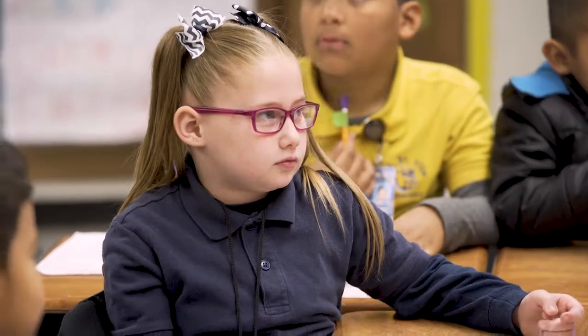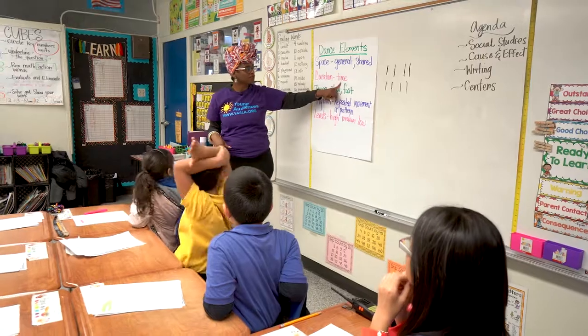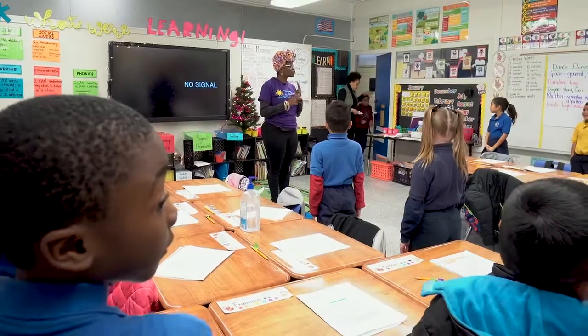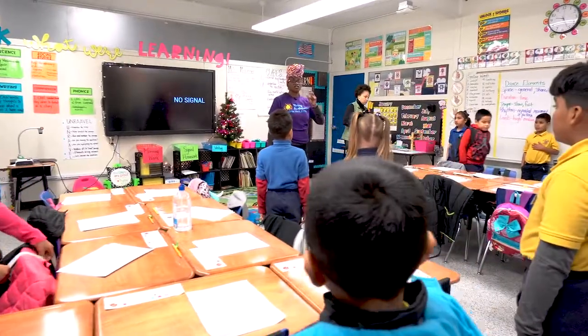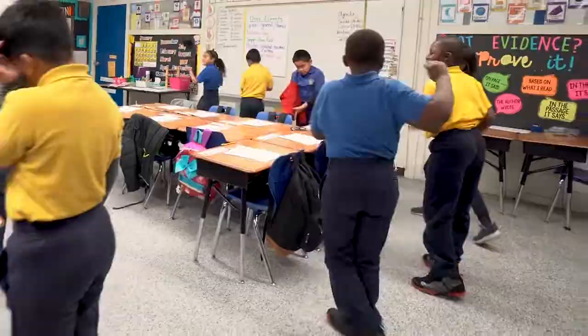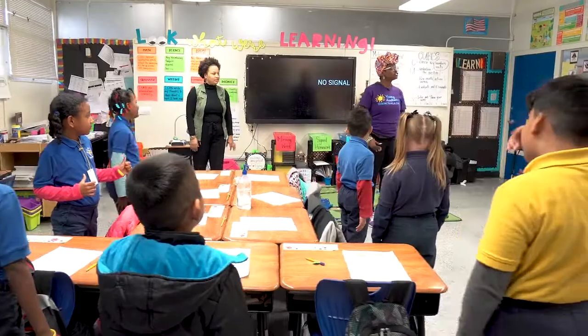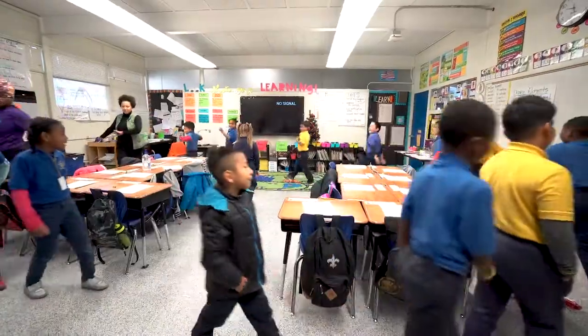The second day, I do a skill building with the kids with the key dance elements of space, tempo, duration, rhythm, and levels. There's two different types of space. There's general space and there's shared space. So general space is when we move in our own personal space. So you're gonna freestyle in your own personal space. Go freestyle, and freeze. And then you're gonna freestyle shared space. Go freestyle,